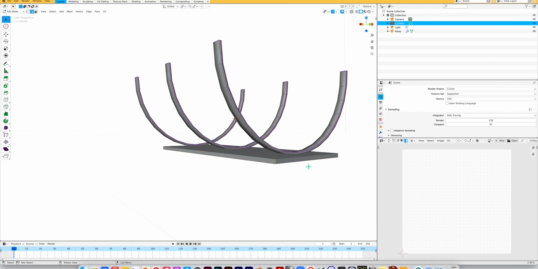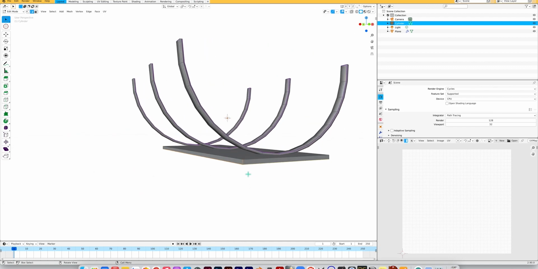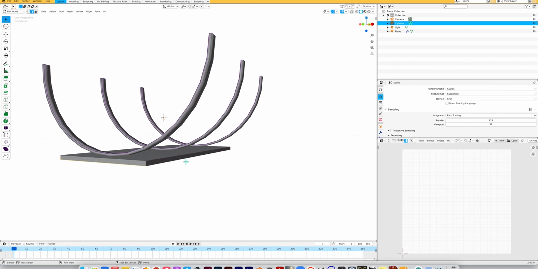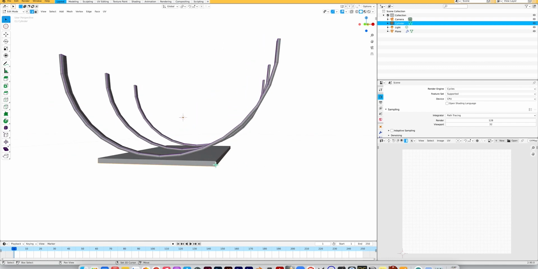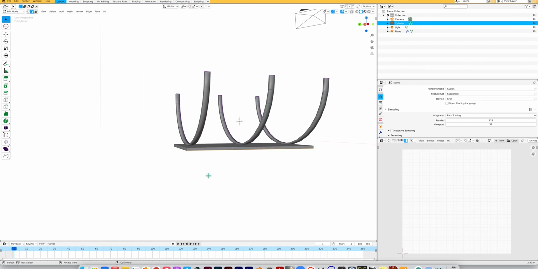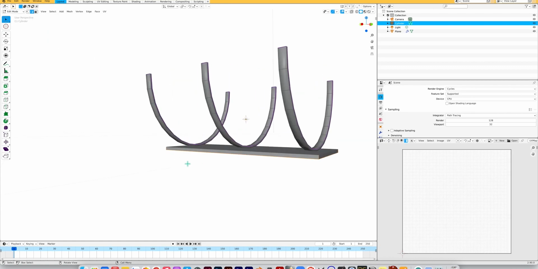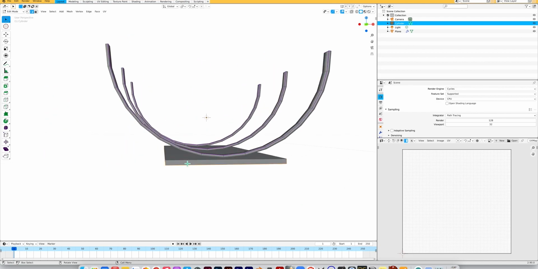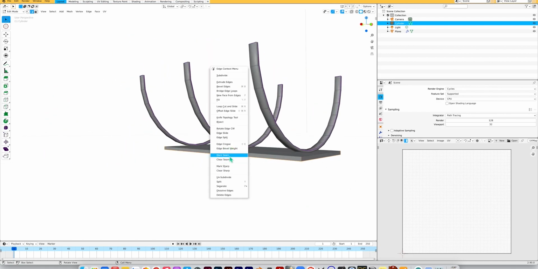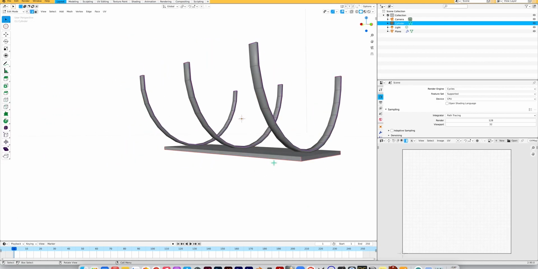So left click in edge select mode up here to click edges around, and I try to think of the best way to lay this out quickly without getting too fussy. I'm just going to go around and choose edges on the corners and around the sides, and that should do for laying this out. I'm going to right click and click mark seam,